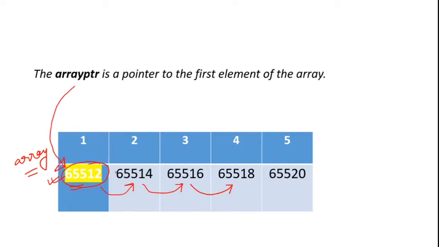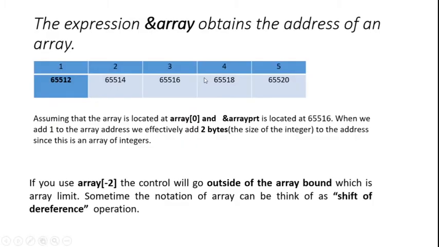If you increment the array pointer, it will come to the locations one by one, because an array occupies continuous memory locations. So if you increment the array pointer, it will automatically point to the next element, then the next, and then the next, like that. Remember, the array pointer is a pointer that points to the first element of the array.